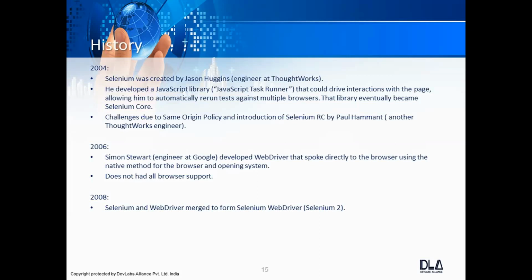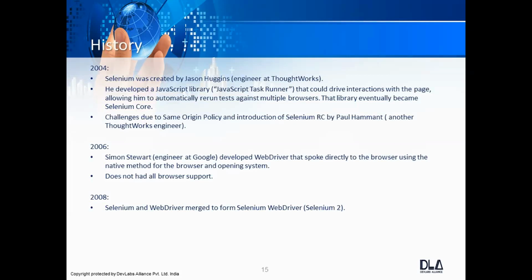In 2007 itself, another person developed Selenium Grid, which was meant to save testing time. He developed a server which helped to execute the Selenium scripts in parallel. We will be discussing more about these tools that I'm talking about. So this is how WebDriver came, and whatever you are seeing, this is how we reached here.